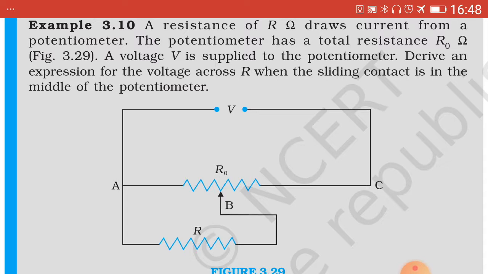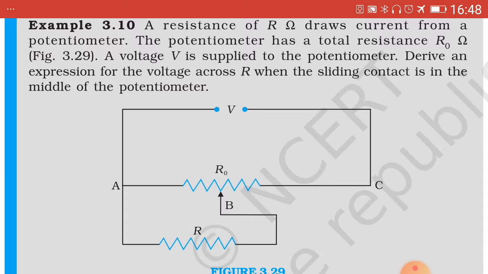Now we refer the figure first. Say V is the voltage source shown by 2 dots and V is written. Then between the 2 points A and C on the potentiometer wire, it has a total resistance denoted by R0, and again from point A, external resistance R is connected,